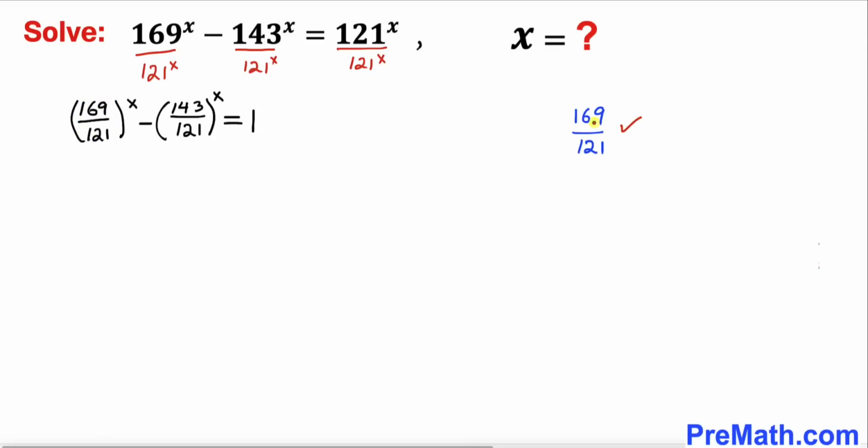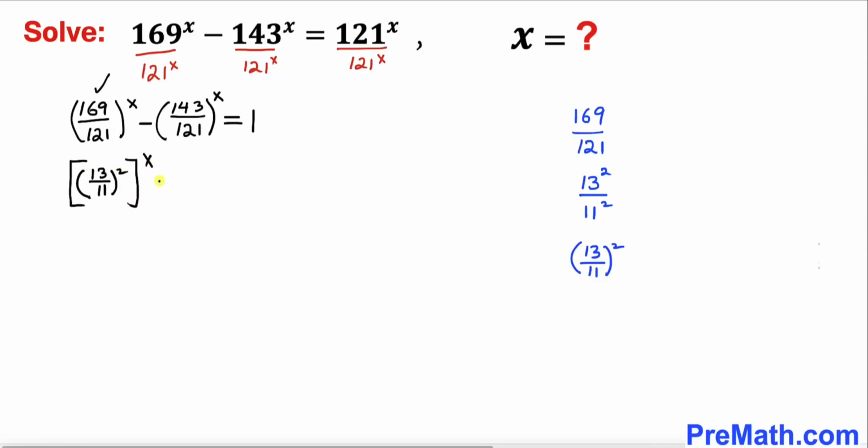And here I have copied it down, and as we can see, 169 is the same as 13 squared. Likewise, 121 is the same as 11 squared. So therefore, we can write this whole thing as (13/11) squared. Therefore, this first term, I'm going to replace by ((13/11)^2)^x